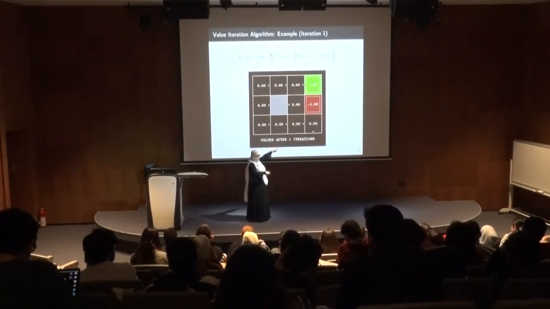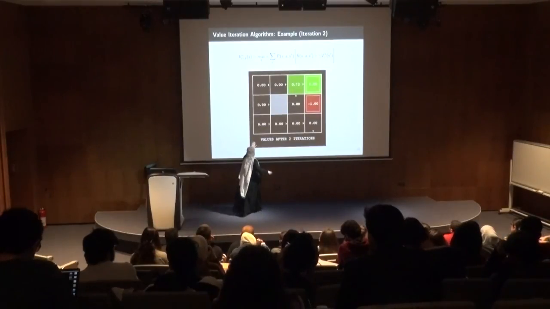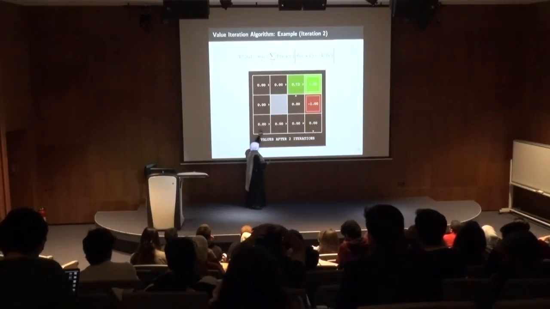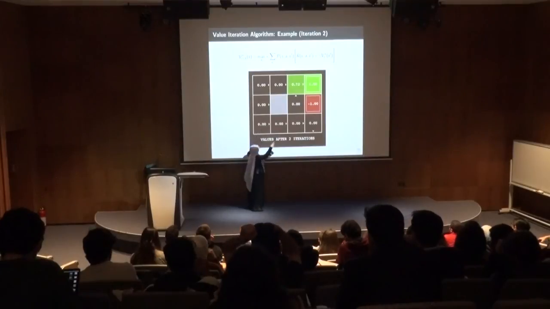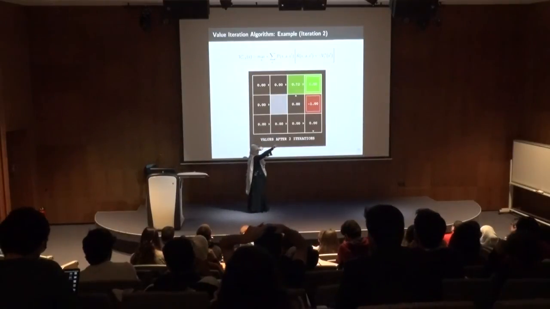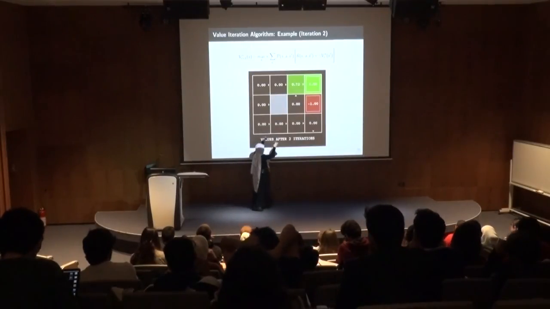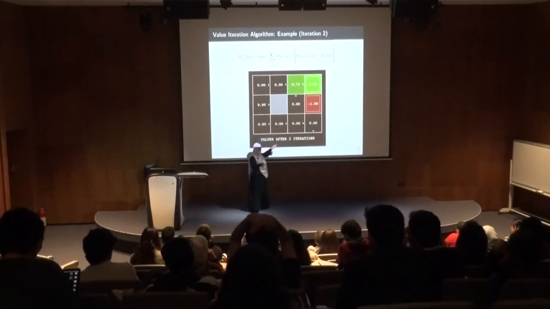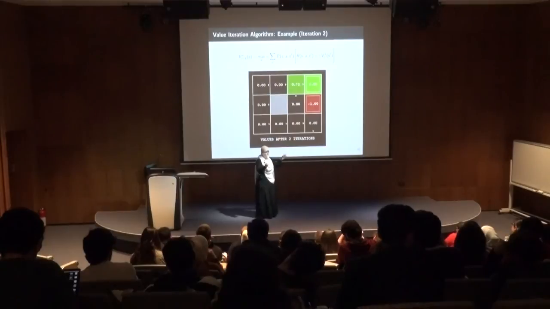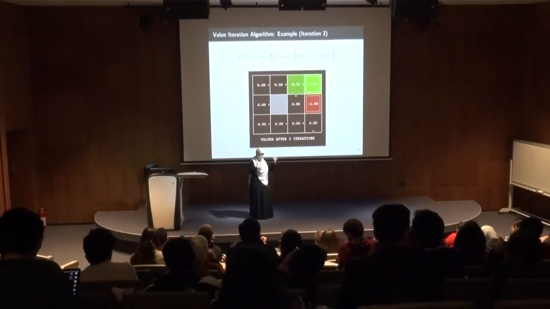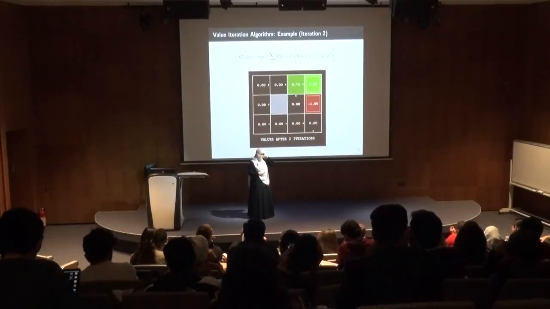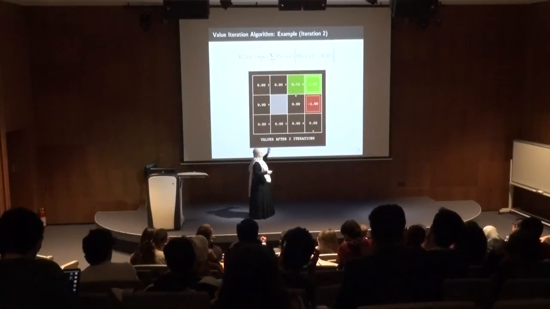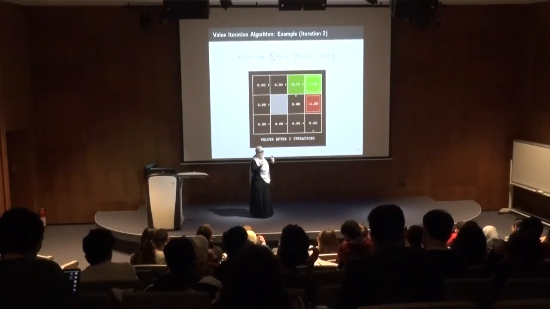Same for -1. Now here, to compute the value of this state, I have to go over this formula. This is a combination of the next states. What are the next states? This one and this one. And both states have a value of 0. Then the value would be 0. It's a combination of 0.8 times 0 plus 0 whatever. What about the -0.3 the reward? In this setting, the reward is 0. Okay.